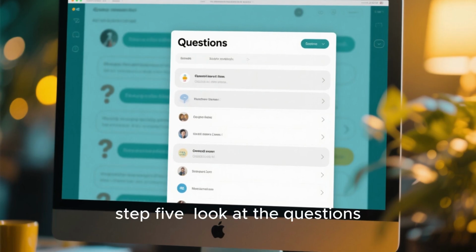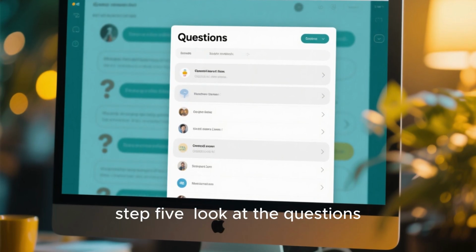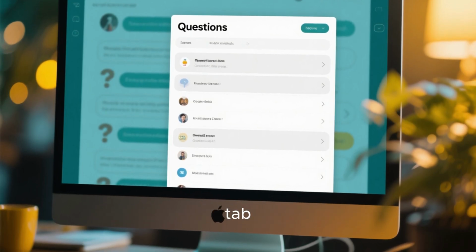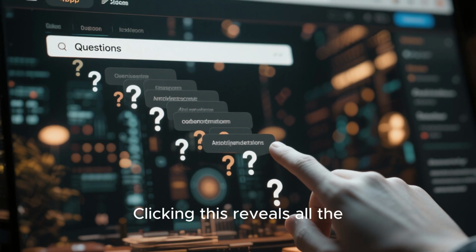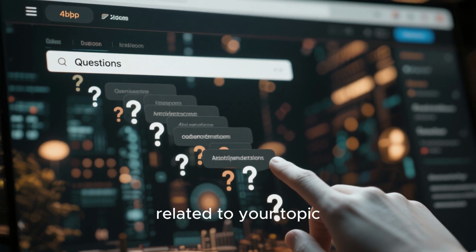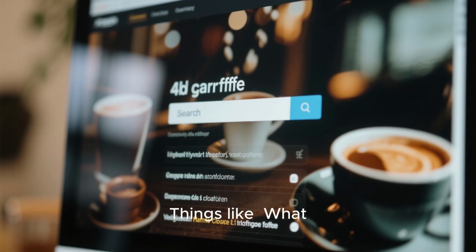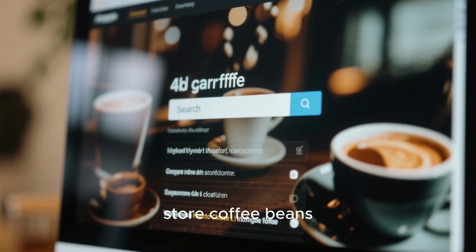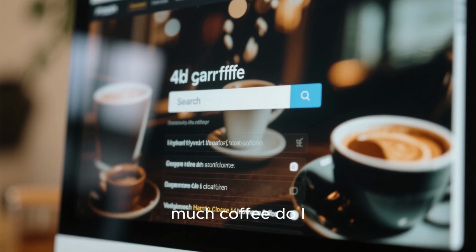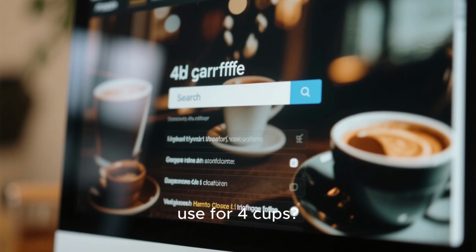Finally, step 5. Look at the questions. Most keyword tools have a questions tab. Clicking this reveals all the question-based searches related to your topic. Things like, what is the best way to store coffee beans at home? Or how much coffee do I use for 4 cups?